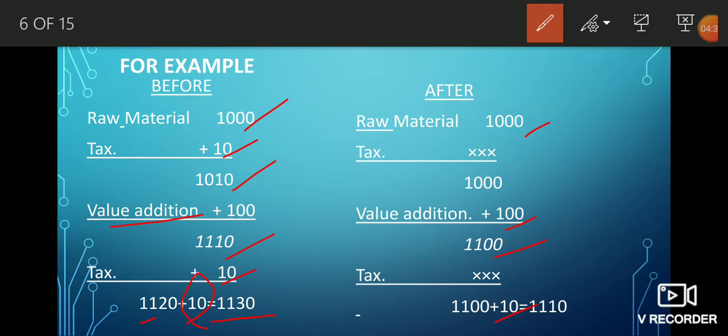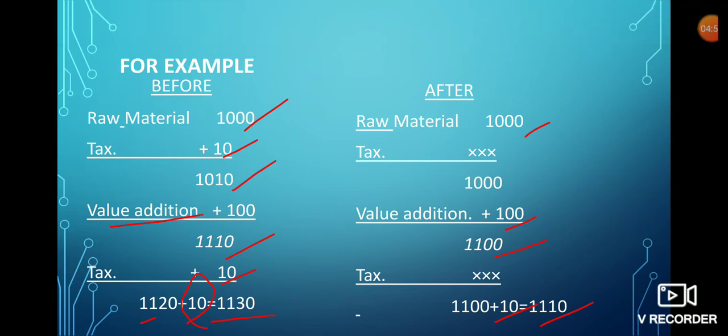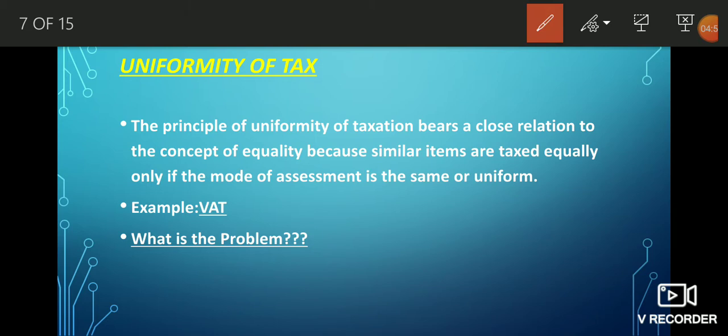That means by the introduction of GST, we do not have to go through the multiple tax structure by the government. Here it is important to observe that there is a difference in the final price. That means there is a 20 rupee difference between the final prices. This is the main problem in the indirect taxes, that is, we have to pay taxes on taxes. By the introduction of GST, this cascading effect is removed.